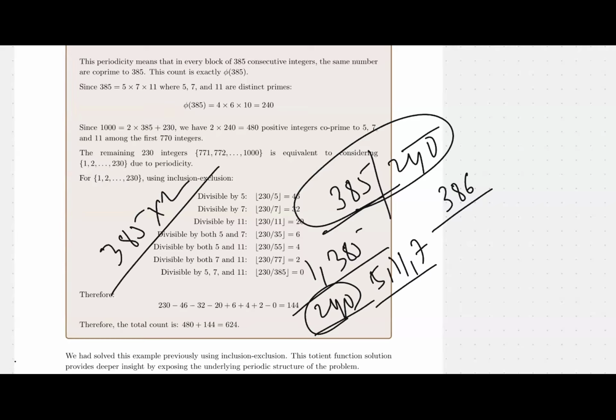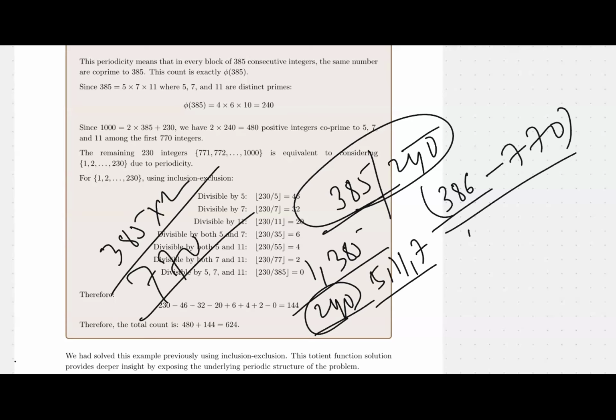Correct? So 386 to 770, how many numbers are co-prime to 5, 11, and 7? Sir, 240. And that is a very crucial property that you have to understand. It essentially forms a